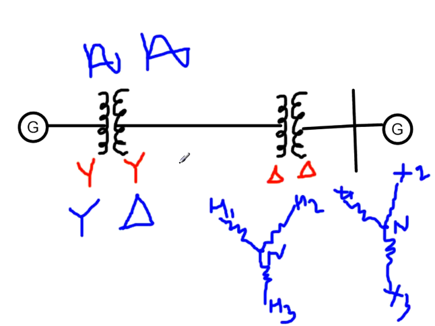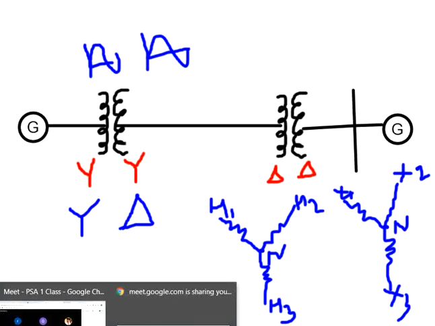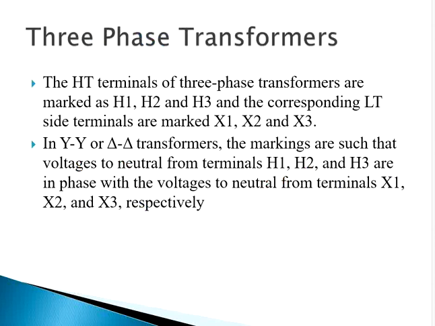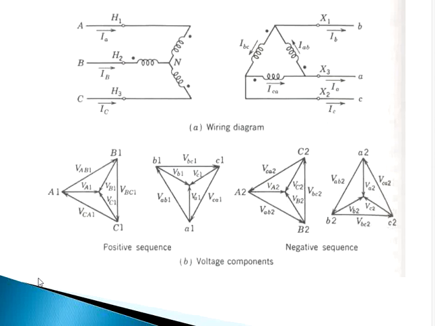So that we need to prove here. Usually, as per the ANSI standards given, they have told that there is a phase shift between the primary to secondary when it is connected in star delta or delta star, it is 30 degree. We'll see that. Let us consider this is a primary and this is a secondary. Primary is connected in star, secondary is connected in delta.